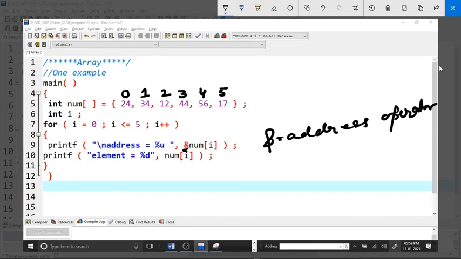Whenever you write ampersand num[i], num is the array. Here we haven't declared the length of the array, so by default it will adjust to whatever you give it. So here you have 6 elements, 0 to 5, that means 6 times.